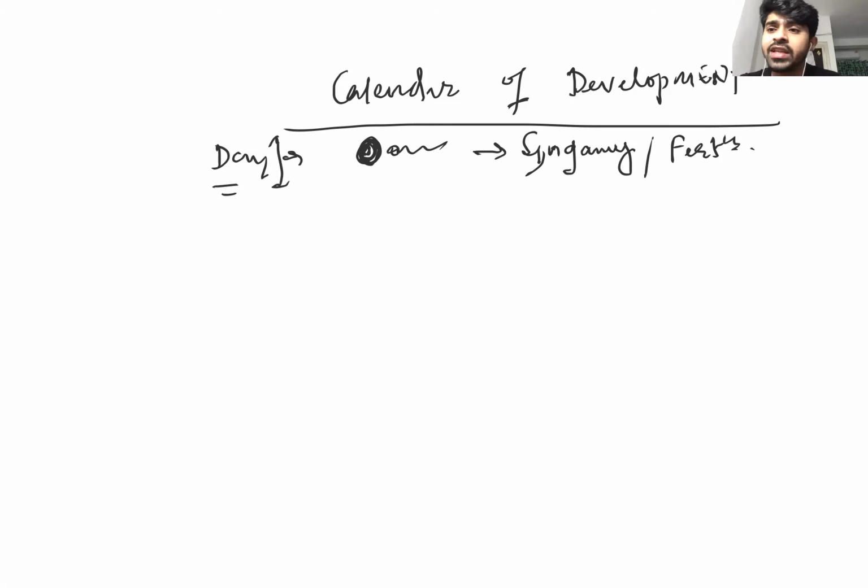Can you tell me how many cells you have on day one? Only one cell. As you know, on day 2 there will be 2 to the power 1, I mean 2 cells. On day 3 you already know there are 8 cells. Are you getting my points now? I have already mentioned that concept. 8 cells on day 3.